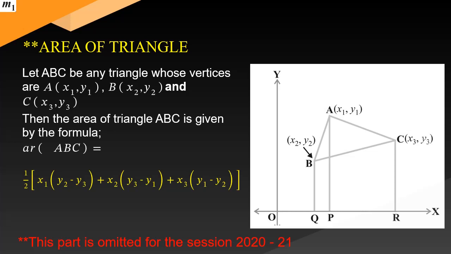But what if the area of triangle ABC equals 0? It simply means that points A, B, C are collinear. What if in any case we find the area as negative? So what do we have to do? We have to take the absolute value of that. Suppose we are getting the area of triangle ABC as minus 2 unit square. So we will take the absolute value and convert minus 2 into 2.